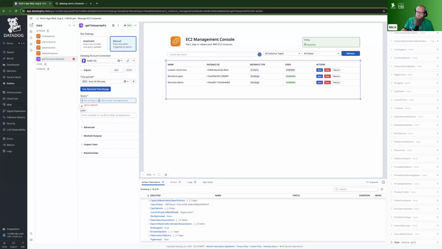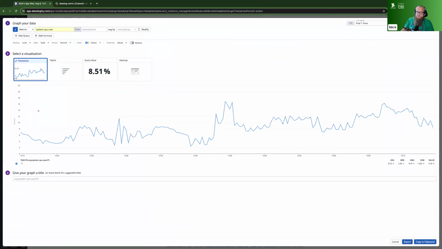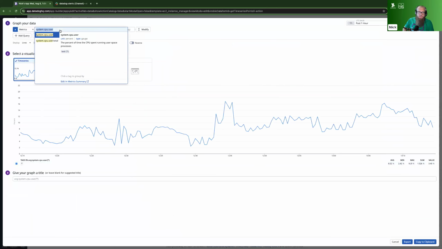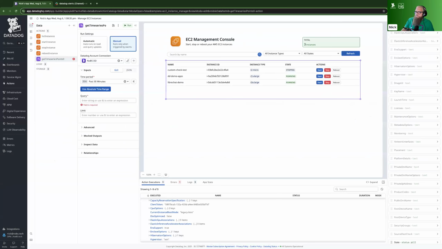Something that's handy that's a little bit underspoken in Datadog is that if we go to dashboards and hit quick graph, we can actually just within the same context without leaving here, if we click that X, we're right back here. We can just open up a graph and say, let's do CPU utilization. And now we have our basic query, and we can go ahead and open up our little manual query editor, and we can just grab this, exit out of this, and paste it right in here. Now, right now, if I run this query, it's just going to grab the average CPU utilization